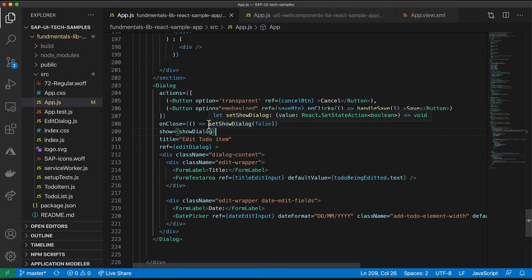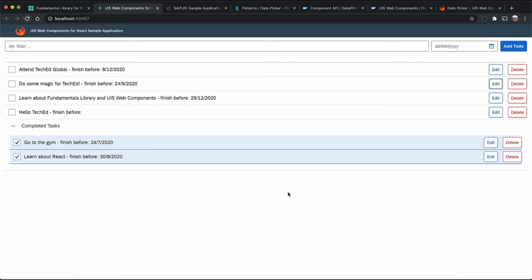so the dialog disappears. That makes sense because the fundamental React is just a smart abstraction layer on top of the pure CSS classes, but it doesn't come with a lot of behavior. It only comes with the necessary behavior. And this is the reason why we need to maintain that state actively here. I hope this small demo helped you to understand the differences between fundamental library styles and UI5 web components in the vanilla version, as well as to understand the differences in the React layer that is on top of each framework.